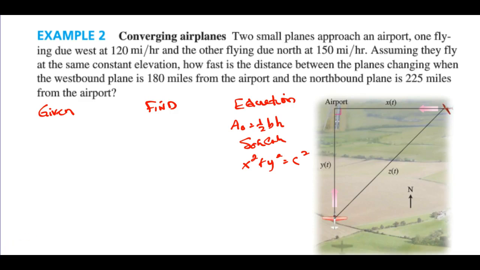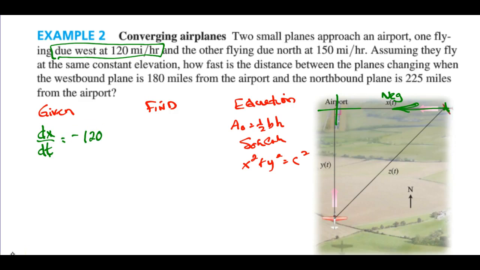The problem: find out what's given. Two small planes are approaching. So here's an airplane and he's approaching this direction. And if the airport's kind of like on an X and Y axis, I would almost wonder if this is a negative direction that he's flying. So when he's flying due west along the x-axis, that's dx/dt, the derivative, the rate at which he's flying along the x-axis. I wonder if you'll let me write that as a negative 120,